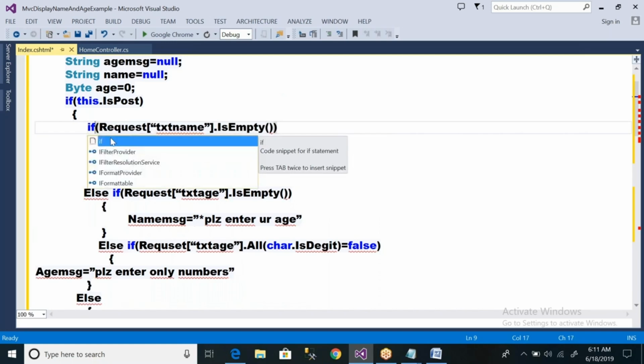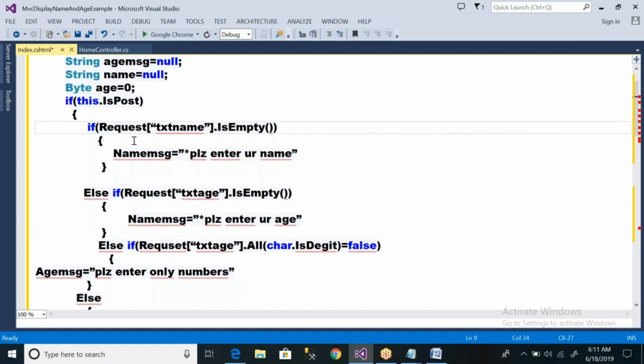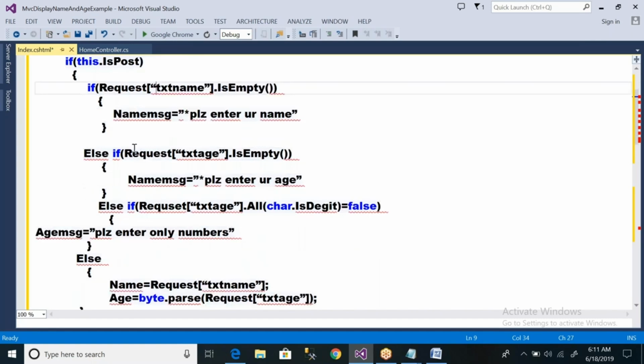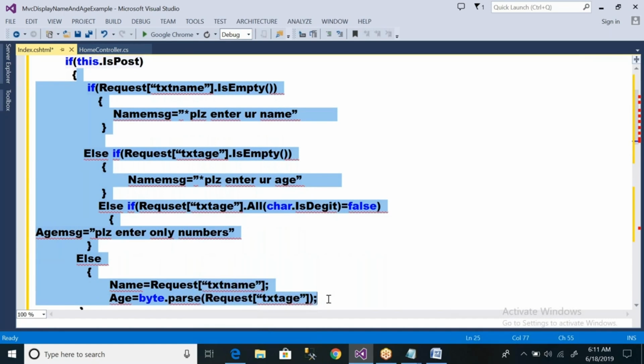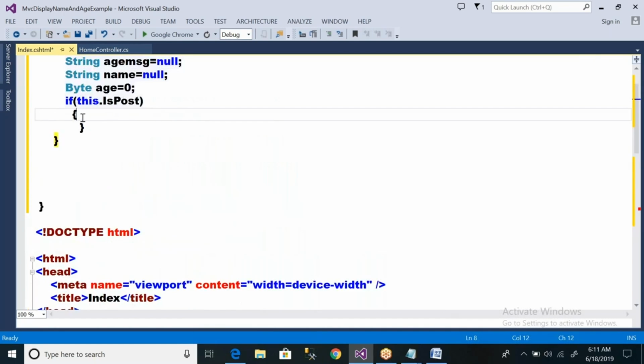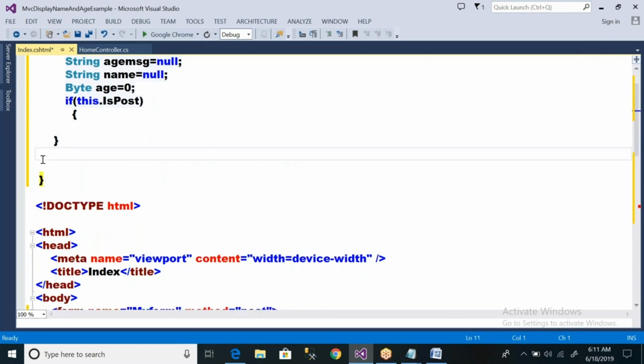If request of txt. Otherwise, we'll remove this code. We will write our own code. It will be good. Right. Tell me, can you tell me the code? If